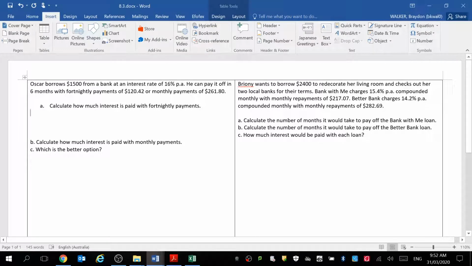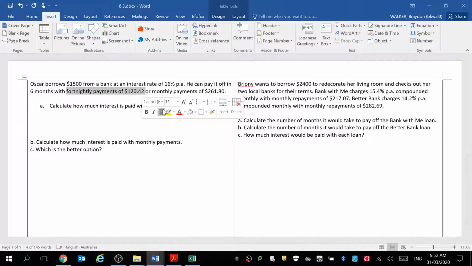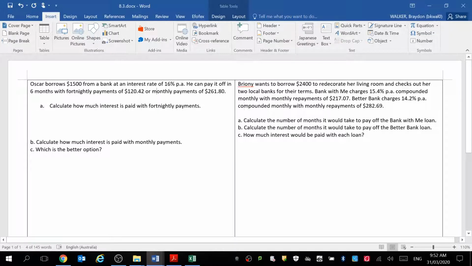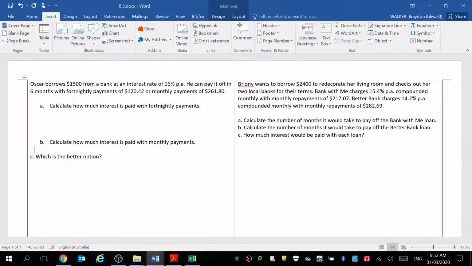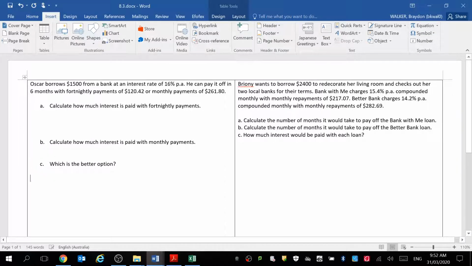Here we have Oscar borrows $1,500 from a bank at an interest rate of 16% per annum. He can pay it off in 6 months with either fortnightly payments of $120.42 or monthly repayments of this much. A lot of people would look at this and say to themselves, "Oh, we just go for the one with the lower repayments." But even though it's just over twice as much, as you're about to see, what we're going to do for this one is first calculate how much interest is paid with